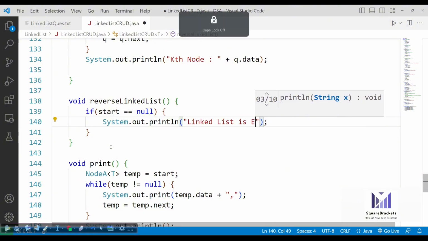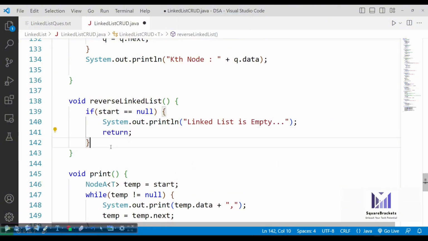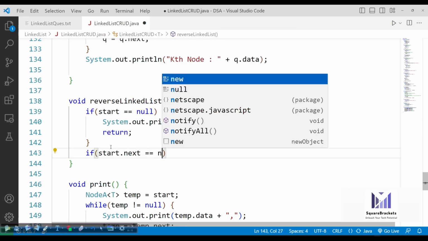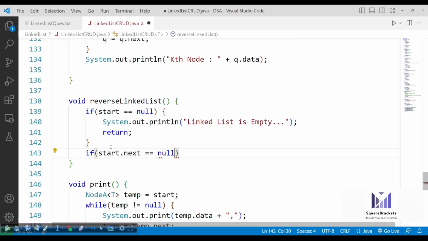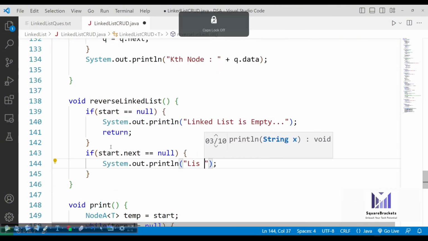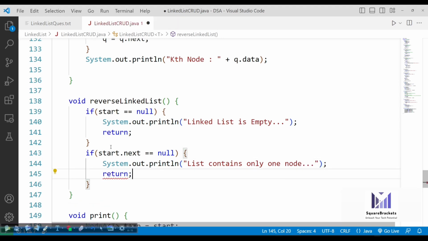So I can print here linked list is empty. Then we are going to return from here. You can check that if start dot next is double equals to null, it means we only have one node available. So there is no need to write the logic to reverse. So it means list contains only one node. So there is no need to reverse, and then return.